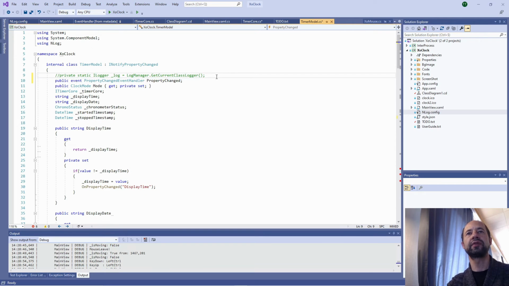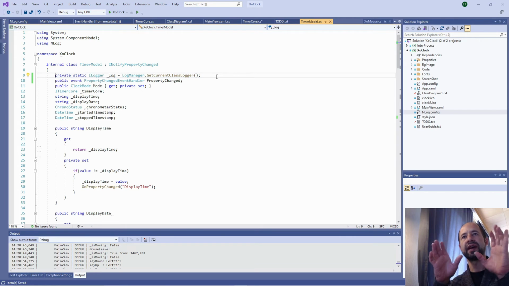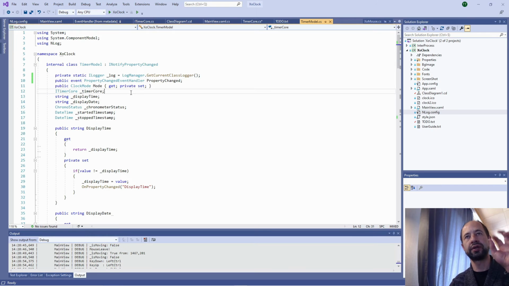This is important because code snippets enhance your productivity, and just like the design pattern I showed you with the event handler, I have the same design pattern for the loggers. Every class has a private static field, which is named _log, and I am using debug and so on. So the Visual Studio snippets are very useful for this.